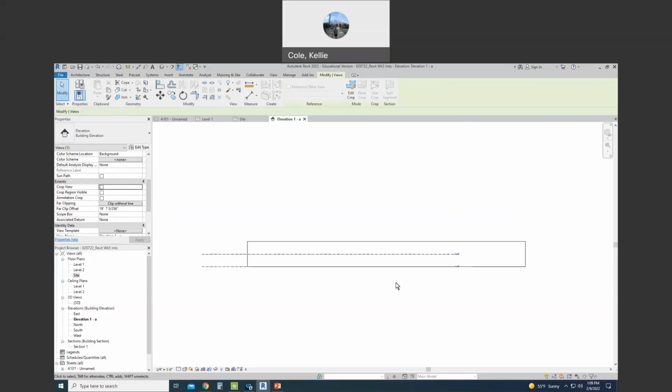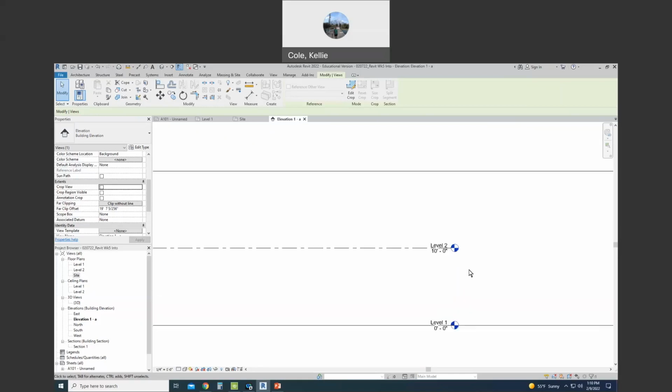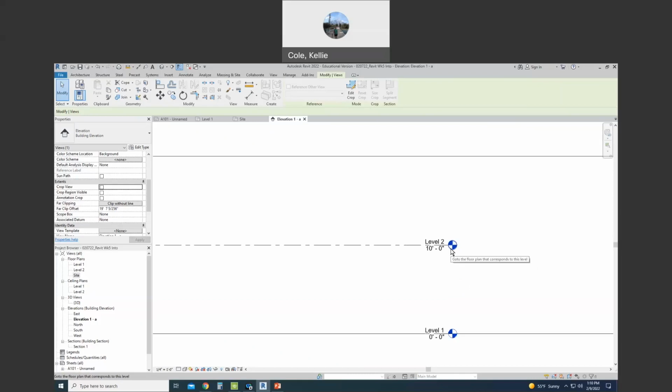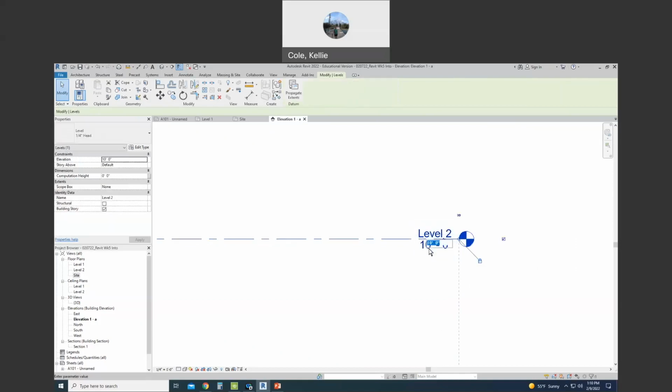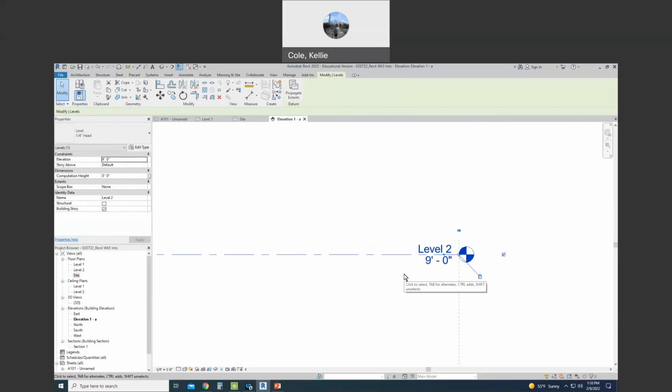So the way I'm going to make my wall do that is by looking at it in a perfect elevation and drafting what the wall should look like in elevation. Let's first look at levels, so that the level markers, those little grid lines. If we zoom in, I can see level 1 and level 2. On level 2, let's touch the 10-foot dimension. You might have to touch it twice. And let's make that 9 feet. And enter. And so then your level 2 should now be at 9 feet. And that's just going to help us and give us a guide for